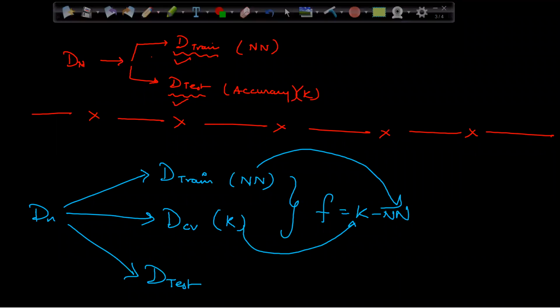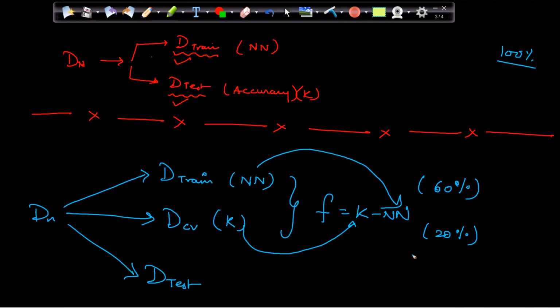So now let's assume that I am giving this as 60%. Let's say I have 100% of the records, right? 60% I am giving to the train data, 20% I am giving to the validation data, and 20% I am giving to the test data. Or this can further be changed. It's up to us how we want to divide the data. So let's say I can give 70%, maybe 10% here and 20% here. That is up to us, or maybe the business, how they want.